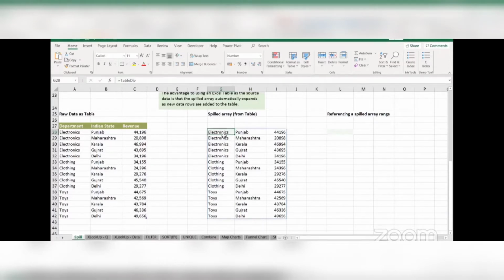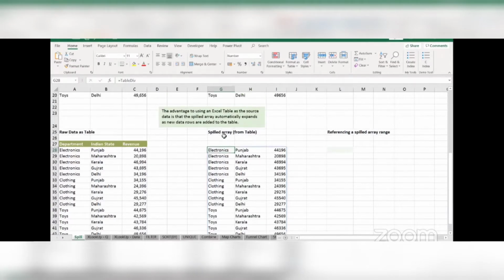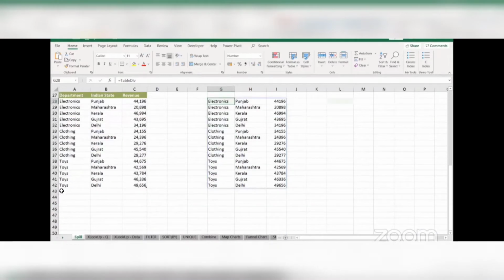But a very big but here, which is if you have a table, there is a big advantage given to you. The advantage to using an Excel table as the source data is that the spilled array automatically expands as new data rows are added to the table. So if I add anything at the bottom of the table, it will automatically become a part of my spilled array.